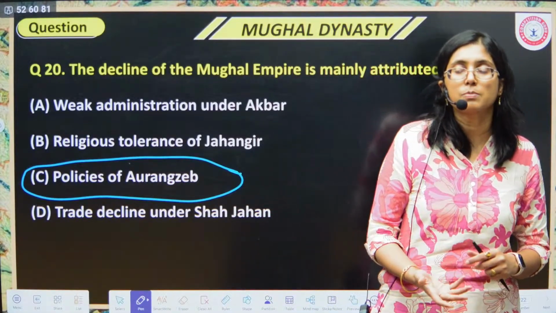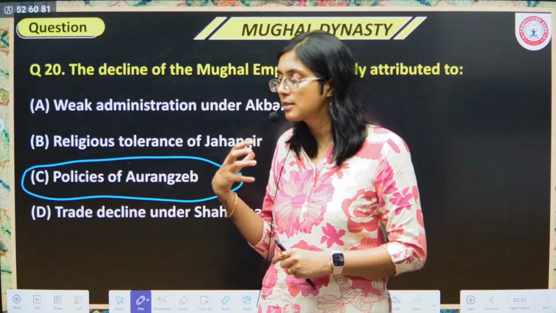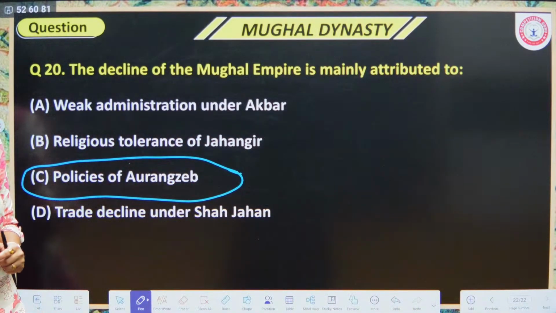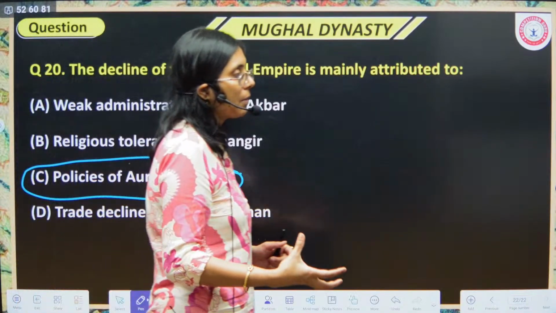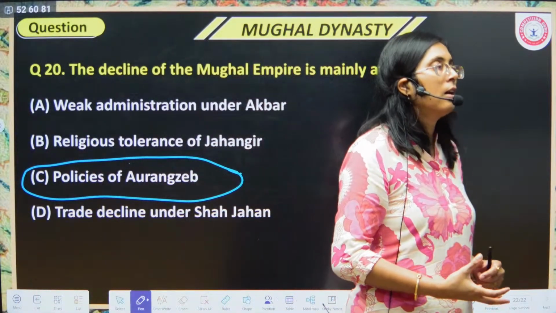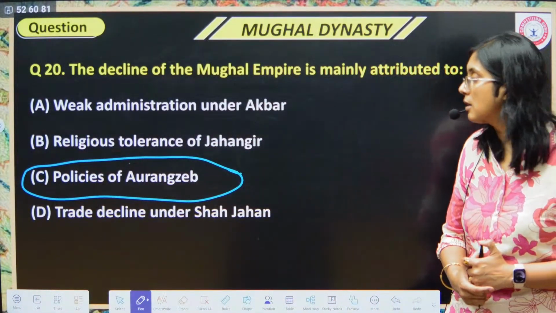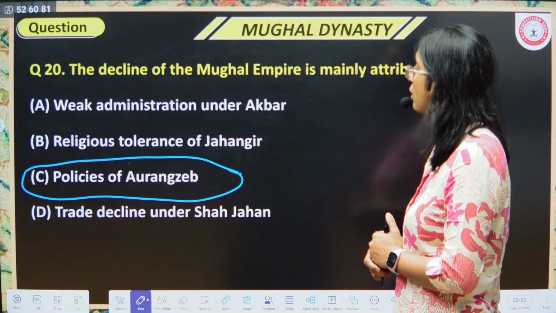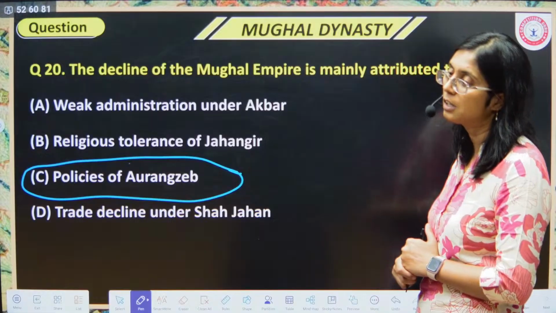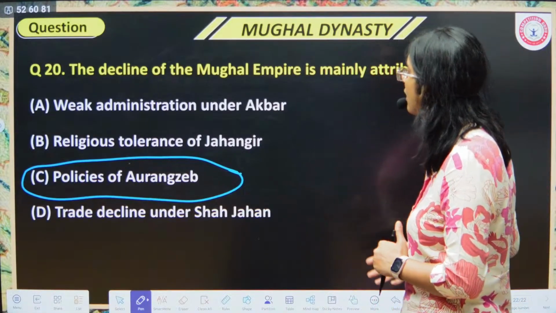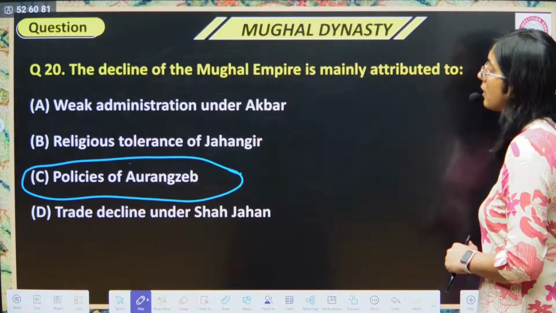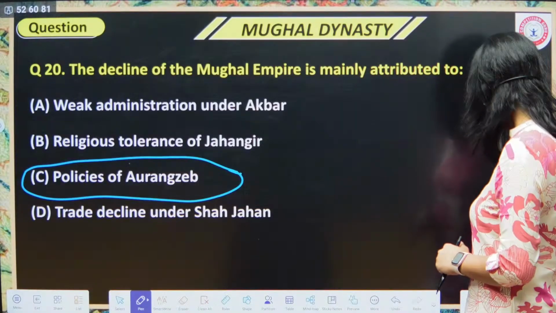His religious policies, his policies for the Hindus, for the Marathas, for the other kings, these policies were the key factor for the decline of the Mughal Empire. So I have discussed